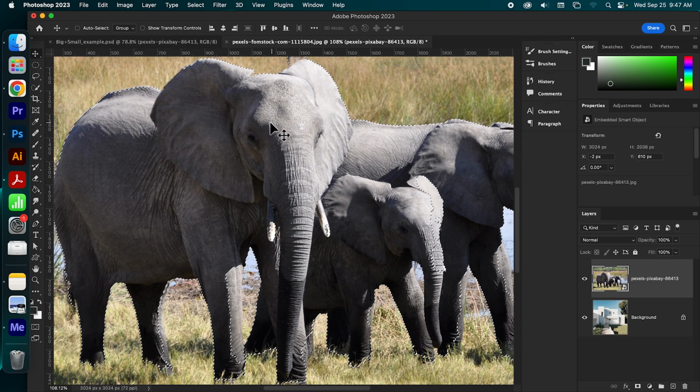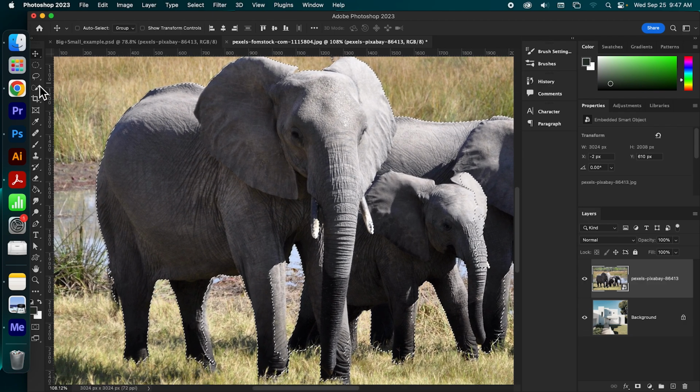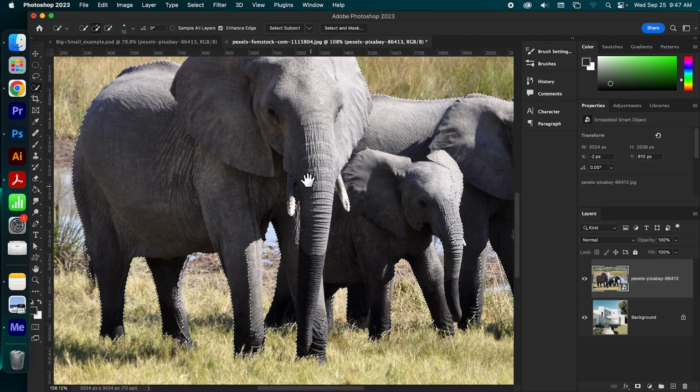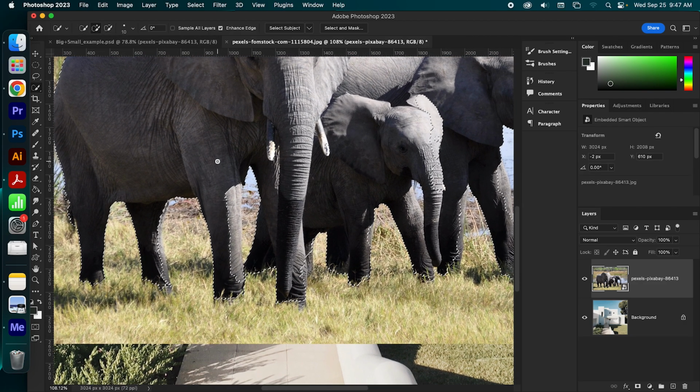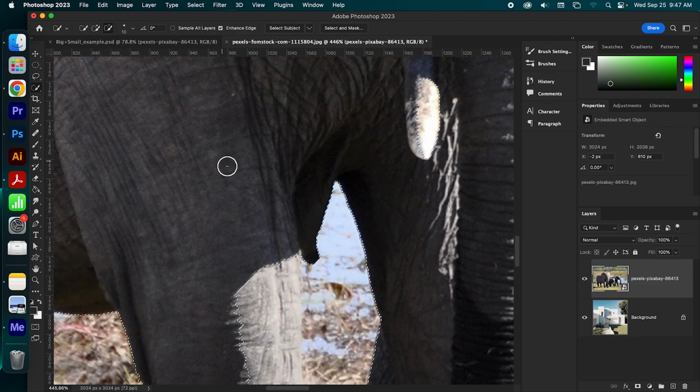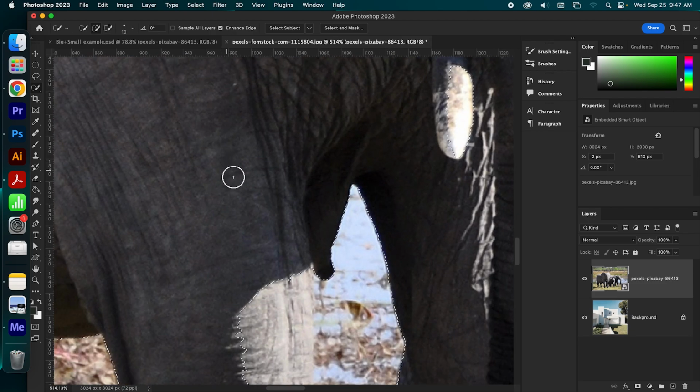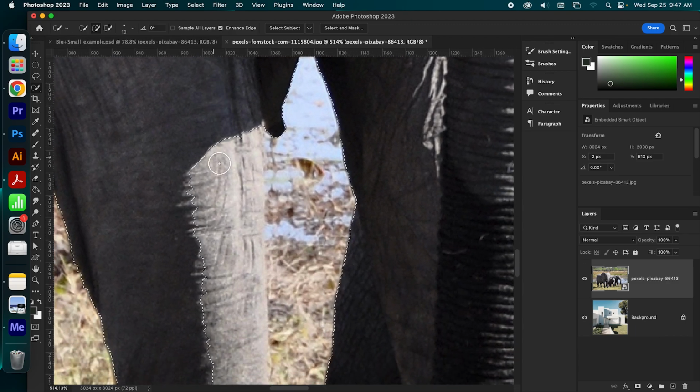So what I'm going to do is use the quick selection tool. If we go up here, you can see that there's 3 settings for the quick selection tool: quick selection, add to selection, and subtract from selection. We're going to leave it on add to selection. And you can tell that it's on add to selection because there is a little plus sign in the reticle.